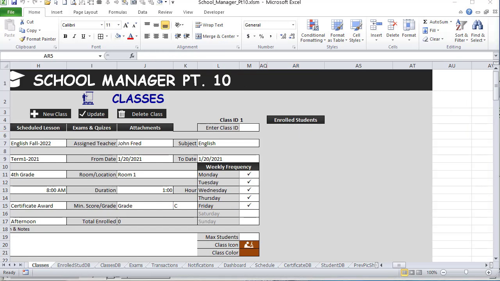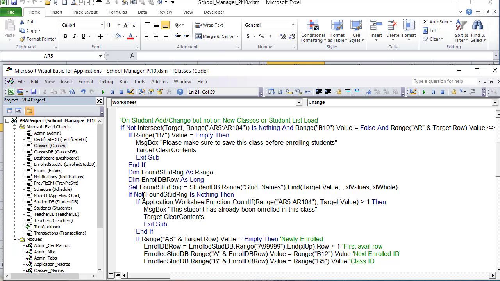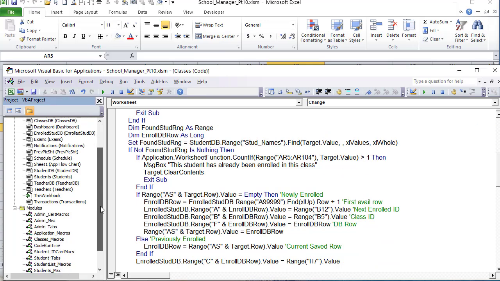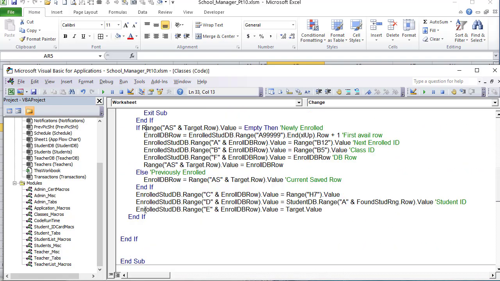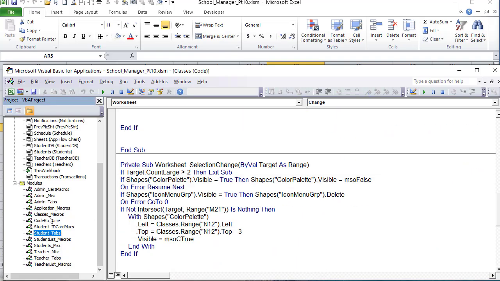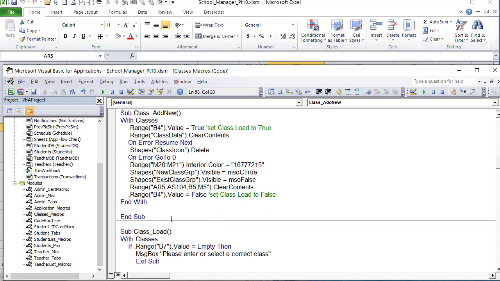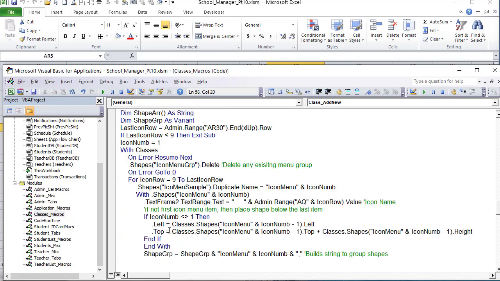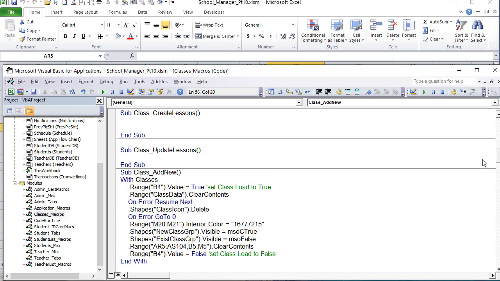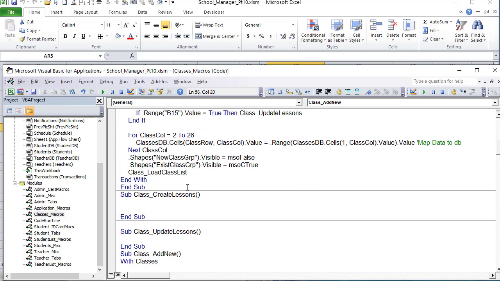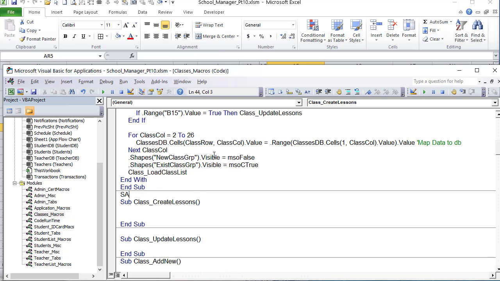All right, and back into our classes module. We're going to pack a lot of macros inside this module because it's a relatively big project and we don't want too many modules, so we can just pack it in here. Let's go back into the classes module, macros here, and I don't believe we've written it up yet. We don't have a blank one here, so we can write a brand new one. That's no problem. Update lessons, create lessons, and we can write it in here. So sub, again, it's going to be classes, so class, and then load